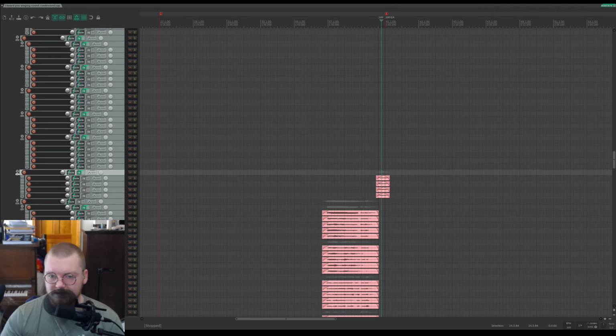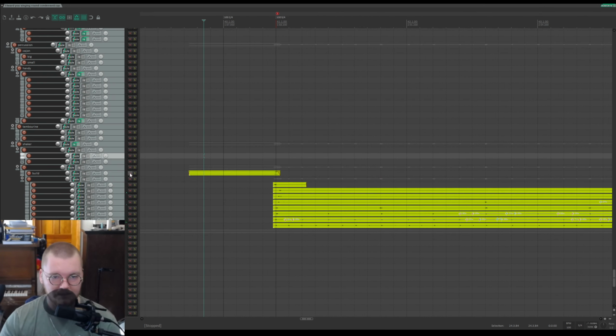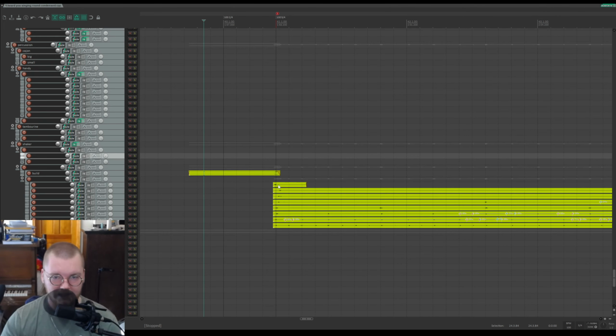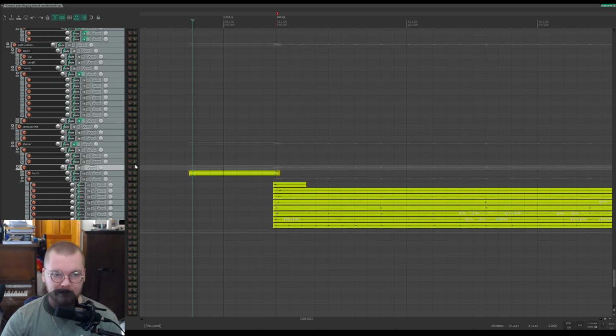What else do we have going on in this next section? There's kind of a transition sound here. What is that? Is that this? Yeah, so I think that's this first hit with the shakers. I reversed it, added reverb, rendered it, and then reversed it again. So it's kind of a reverse reverb effect that leads right into the shakers.